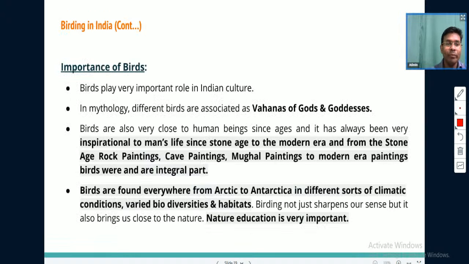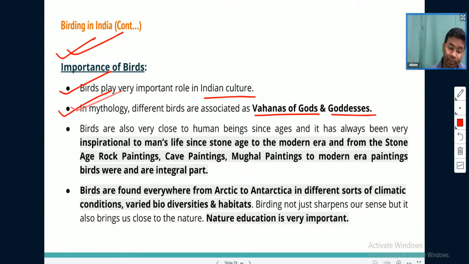Okay, so let us understand what is the importance of birds. The thing is, birds play a very important role in Indian culture. In mythology, different birds are associated as vahanas of gods and goddesses. Vahanas means carrying vehicle of gods and goddesses. So birds are considered as sarthis, who are carrying the gods and goddesses